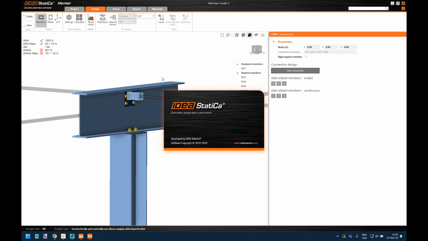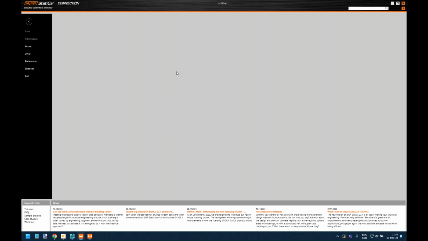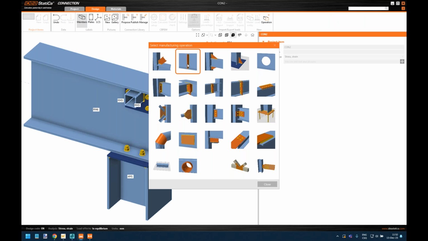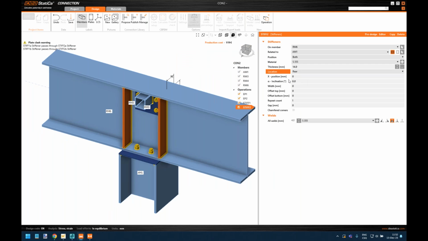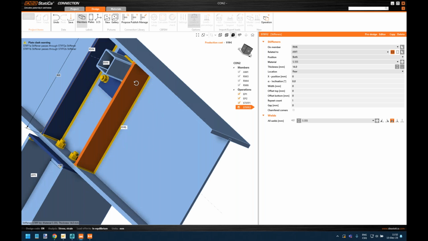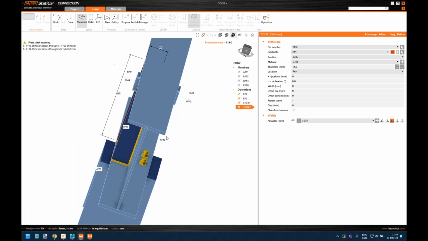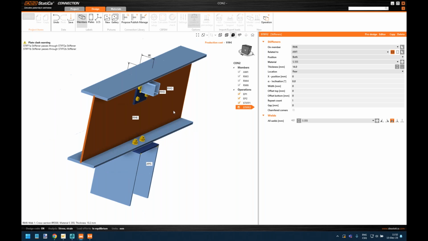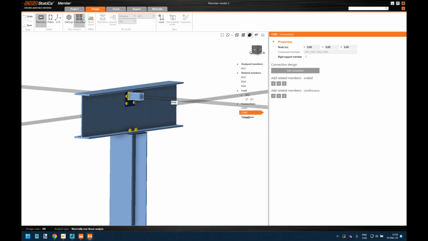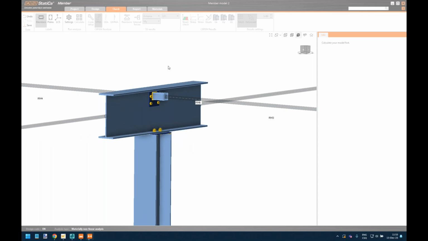So let's just repeat this in this other window. I just quickly do the same, and then we recalculate the member model. All right, stiffener, rear, A, let's see, and this is going to be RM6, right? Let's save this, and the stiffener is there, so let's go to check and calculate